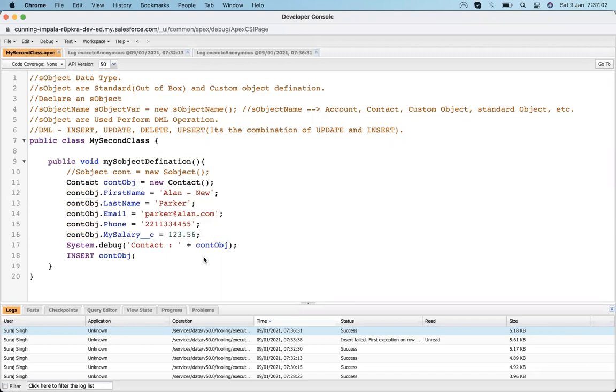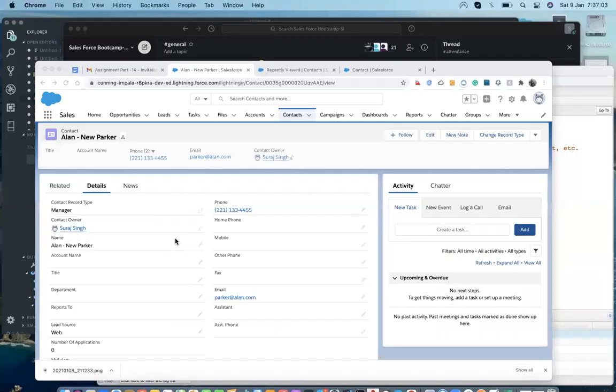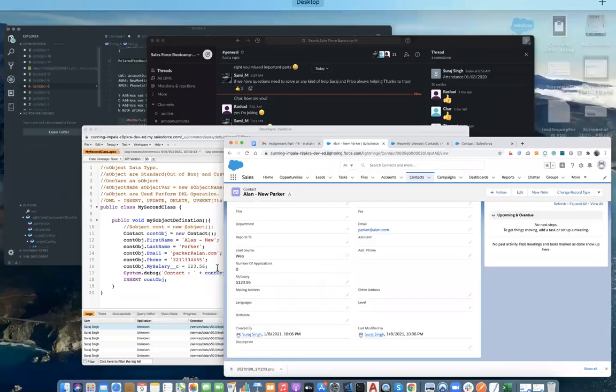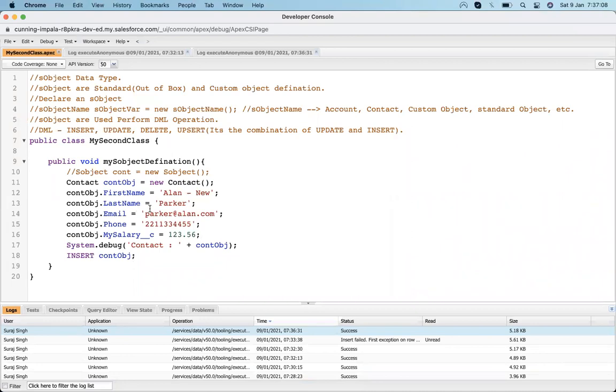Since we have so many fields available up here, we can use those field names directly and assign the values. Once you finish assigning values, if you want to insert, just hit insert, and it gets inserted into the database.